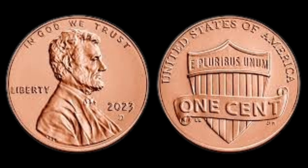portfolios and hobbyist communities going into overdrive, with searches for 2023 D errors spiking worldwide and YouTube, Reddit, and TikTok flooded with videos and posts from hopeful collectors combing through their change jars, bank rolls, and mint sets in search of similar features, and though a few minor errors from 2023 have since surfaced, none have come even remotely close to replicating the extensive combination of defects and features found on this singular piece, reinforcing its status as a unique